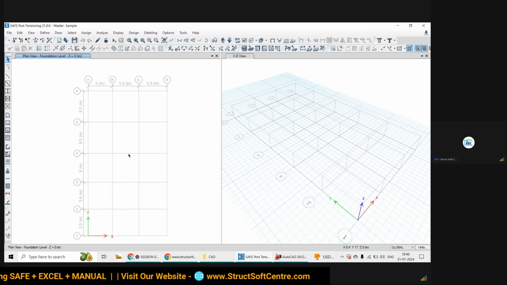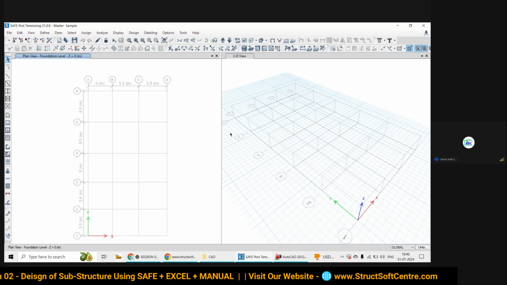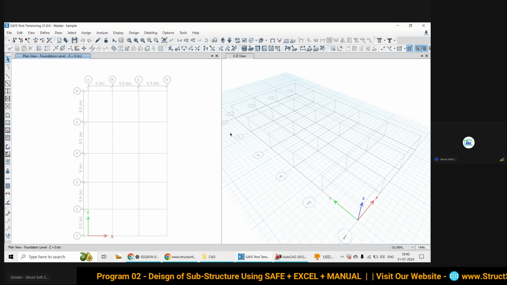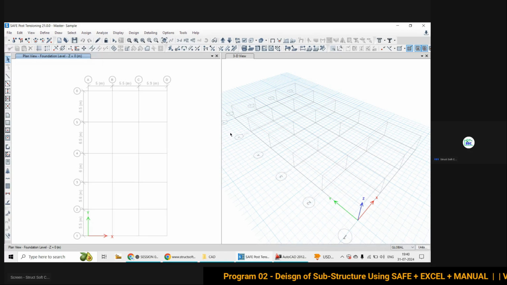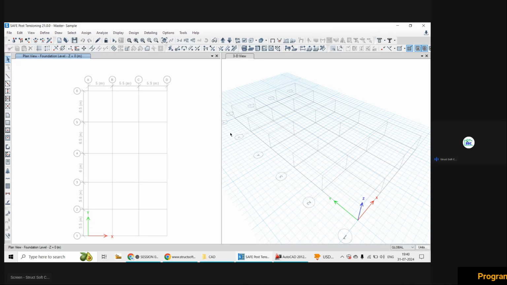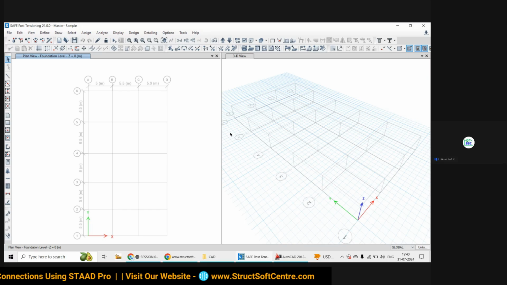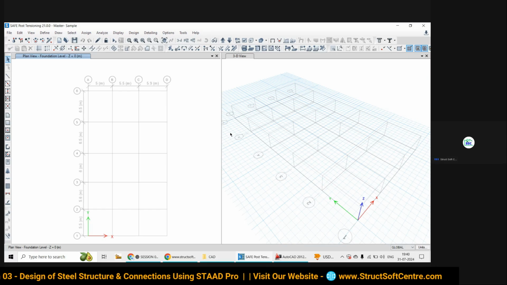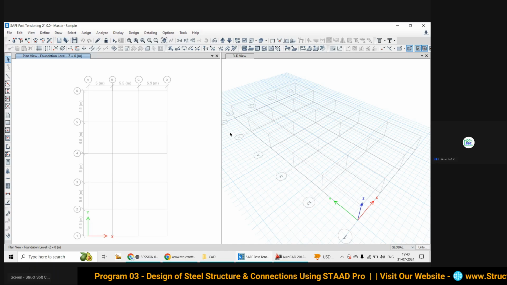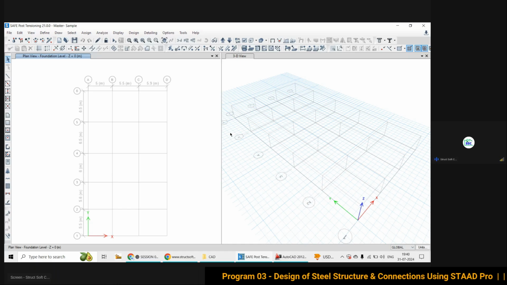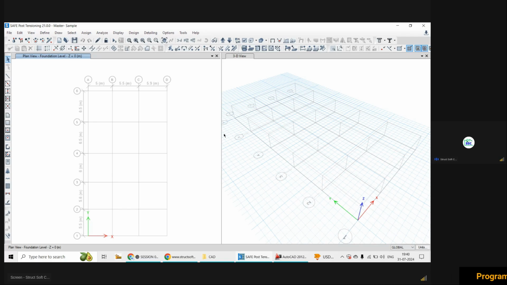So basically in the last session we started the project by doing the basic settings in respect of design codes and unit system. Thereafter we tried to understand the grids: how you can have the grid in this CSI SAFE software, for uniform and non-uniform, and after having the grids how you can edit them. Thereafter we saw how you can set the workspace of this CSI SAFE software.